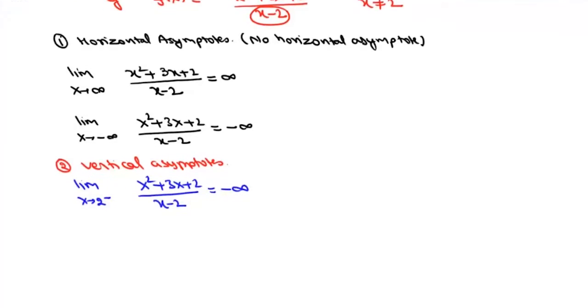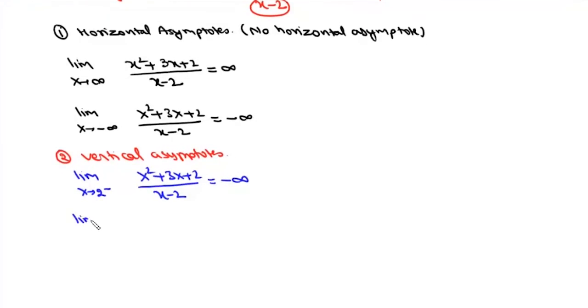And we find this limit x tends to 2 positive, it will be x square plus 3x plus 2 upon x minus 2. Now in the neighborhood of 2, this numerator is positive and this is 2 plus h, so it will be this h. So positive value upon h is simply plus infinite. So here we have left hand limit as minus infinite and right limit as plus infinite. So in this case, we have a vertical asymptote